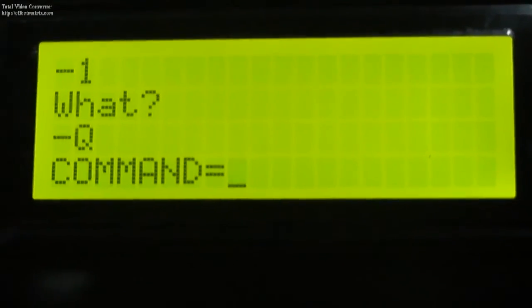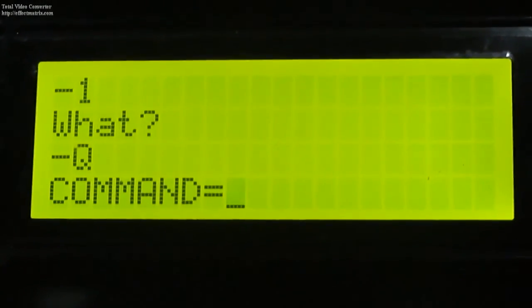To come out of the disassembler, press escape, then Q. It returns to the command mode. Okay, then